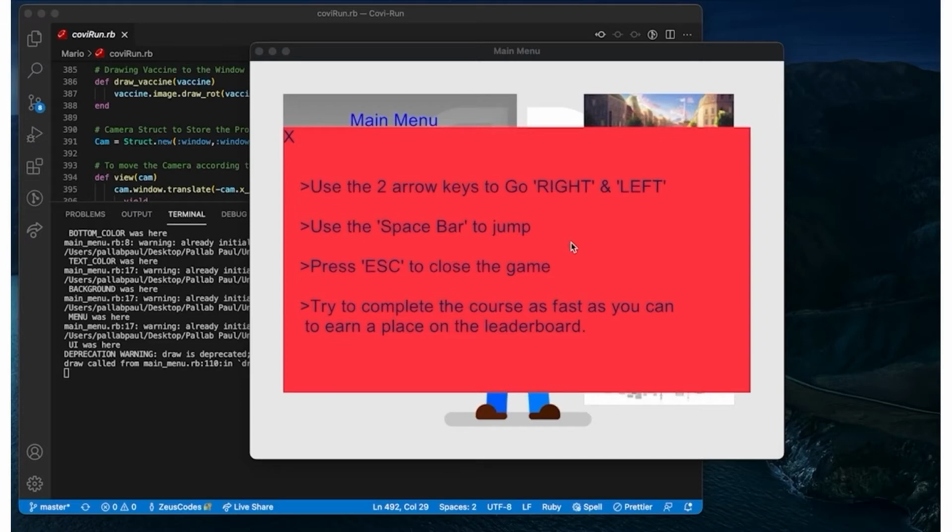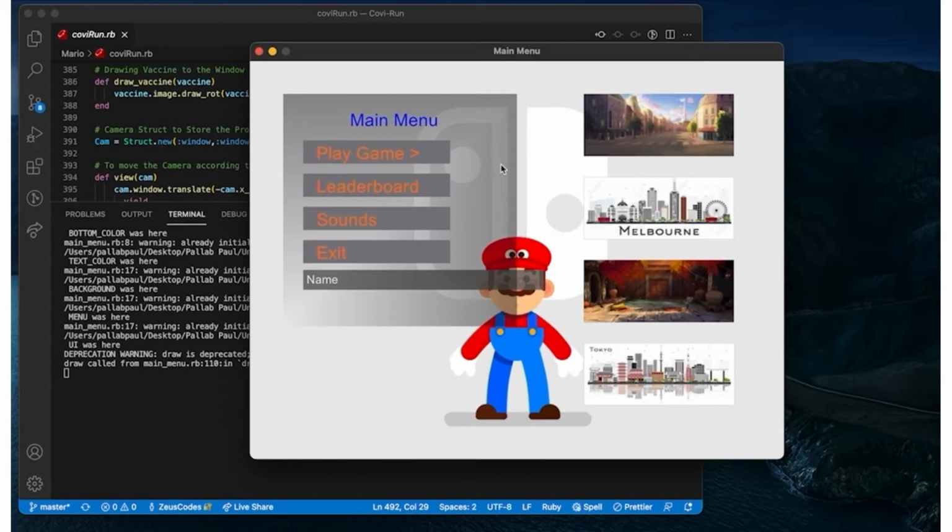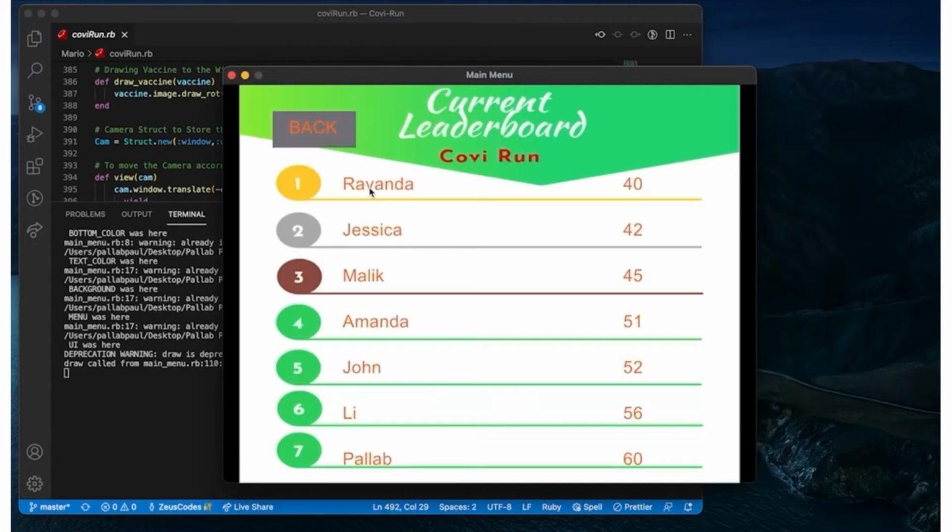When you start, the instruction screen pops up. This shows you the instructions of how to play the game, and on closing this, you'll go into the main menu. You'll be able to see the main menu and its options. From the home page, you can navigate to the leaderboard where the top scorers are listed. These are preloaded from the text file. Now we go back to the main menu,